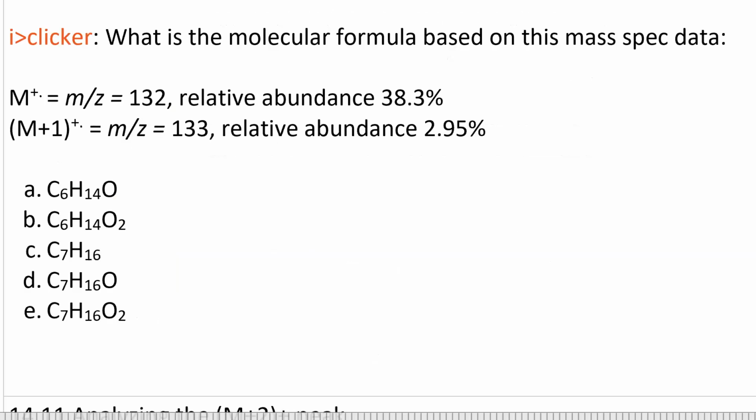Here's an exercise for you to try. What's the molecular formula based on the following mass spec data? We've got a molecular ion peak at 132 with a relative abundance of 38.3, and we've got an M+1 peak at 133 with a relative abundance of 2.95. Pause your video